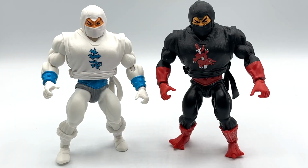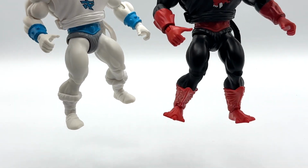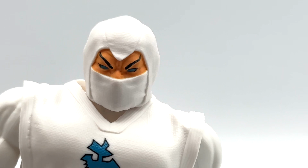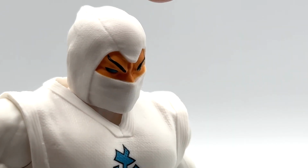And let's start off with looking at Slamurai, and just to get this out of the way, Slamurai is an 80% reuse and repaint of the Ninjor figure, so the differences lie in the bracers and also the boots. And starting from the top and working our way down to the bottom, you can see that Slamurai has a